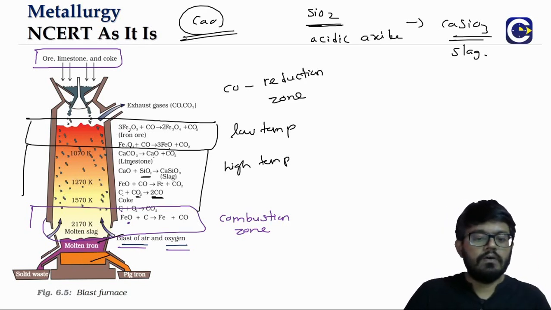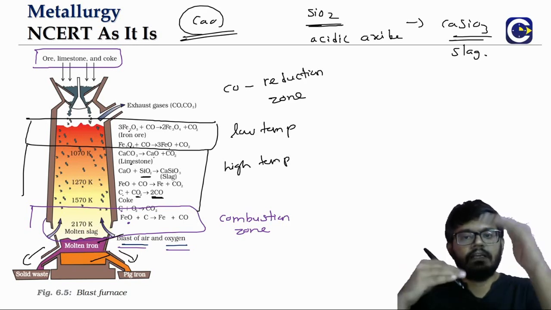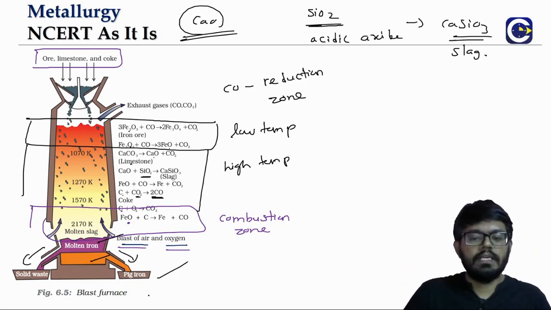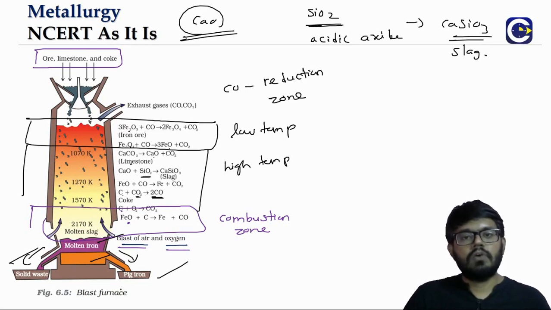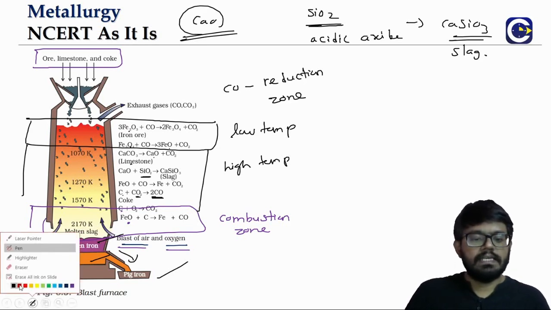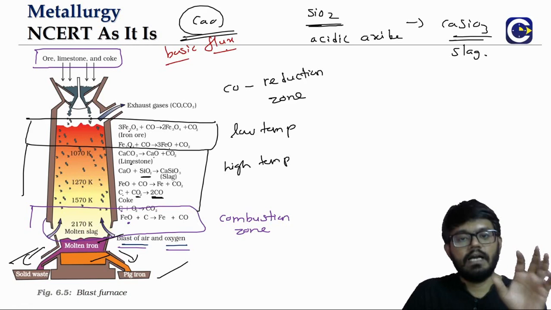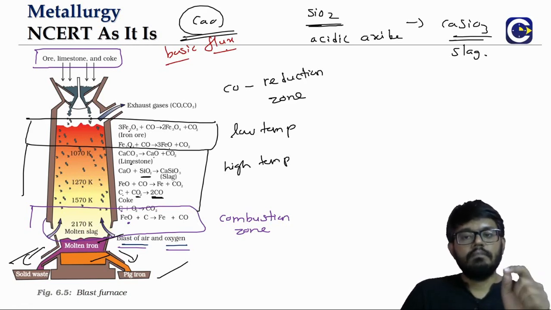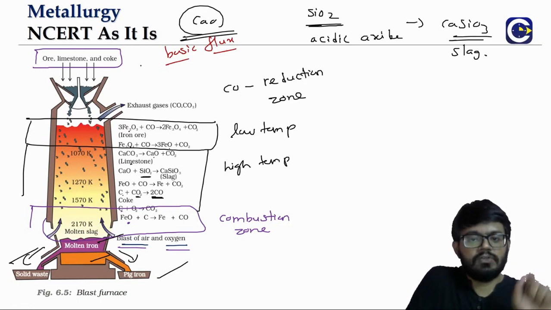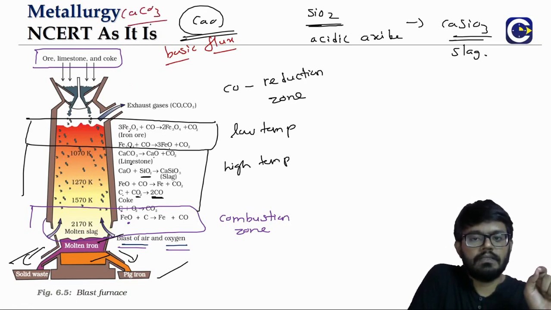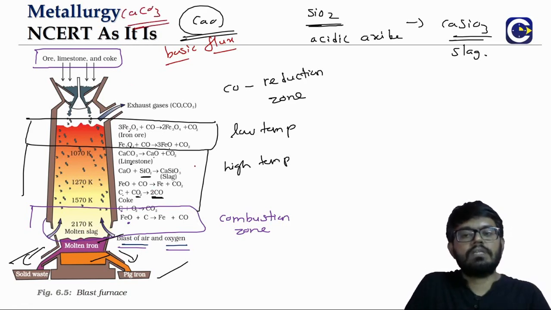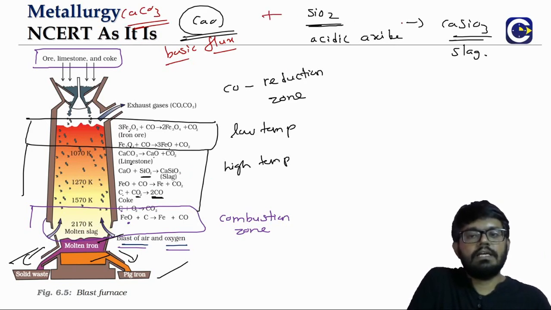So we have the exit at two different heights. One exit we will be able to get the molten metal, the other exit we will be able to get what? The slag part basically. So this substance that is used to remove these acidic oxides, we will be calling it basic flux. So remember, in the iron extraction we will use what? Basic flux. What is the flux? The actual substance used is what? Calcium carbonate. That on dissociation is giving us what? Calcium oxide, which will combine with silica to form what?